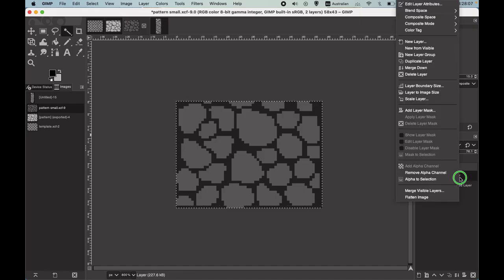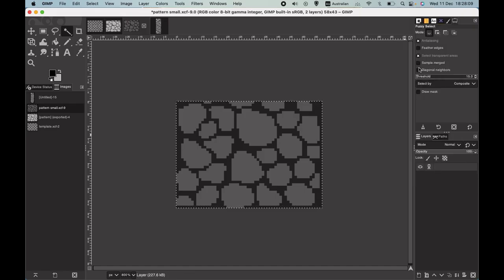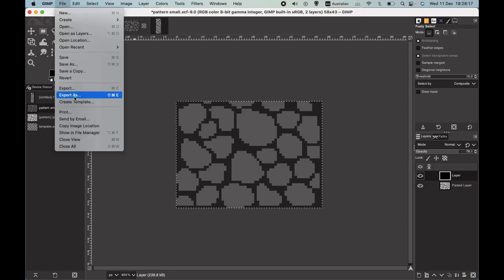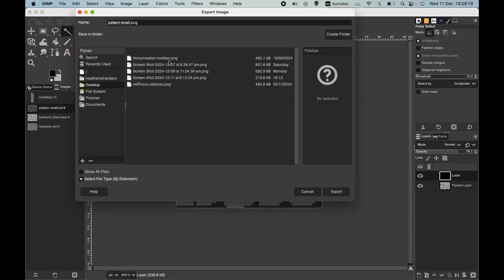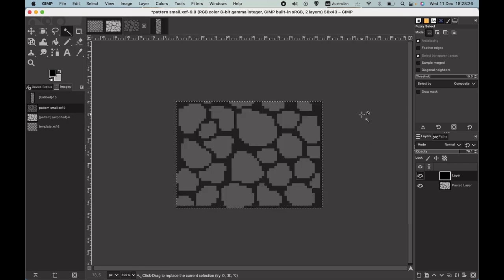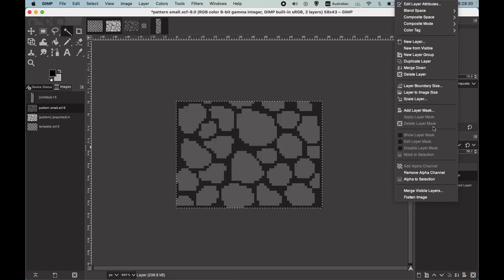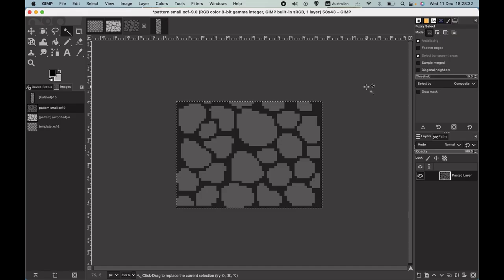What you need to do is either merge down the two layers and then Control A, Control C, or instead of saving it, export it as a PNG file or whatever, JPEG, but I use PNGs, and then you can load that up and copy it. But either way, let's say that we choose to merge down. I go Control C, and then I can